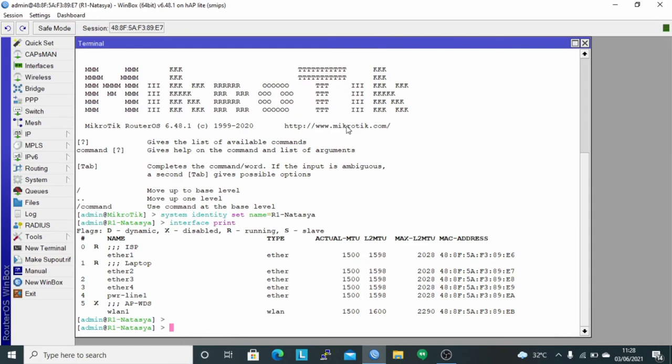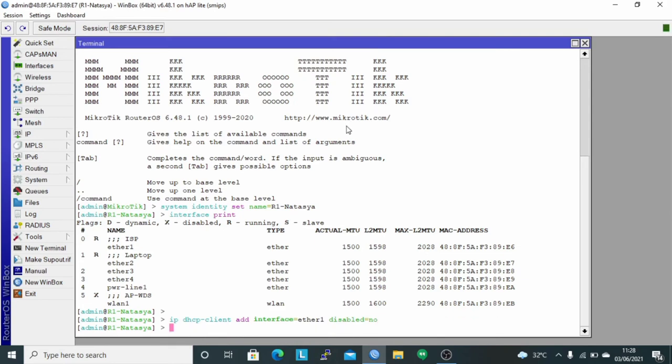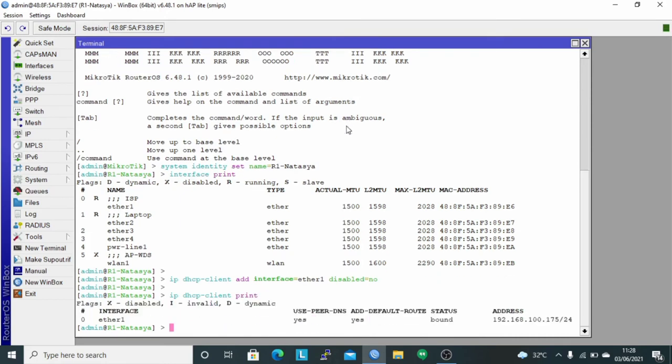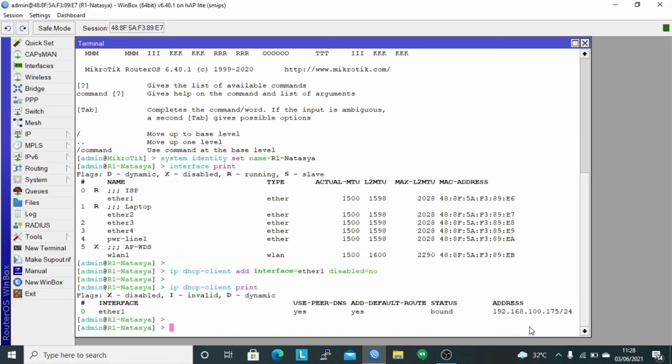Then do a DHCP client request so that the router gets an IP address and connects to the internet, using the command ip dhcp-client add interface=ether1 disabled=no. Check with the command ip dhcp-client print. It can be seen that interface Ether 1 gets the IP from the ISP, namely 192.168.100.175/24.